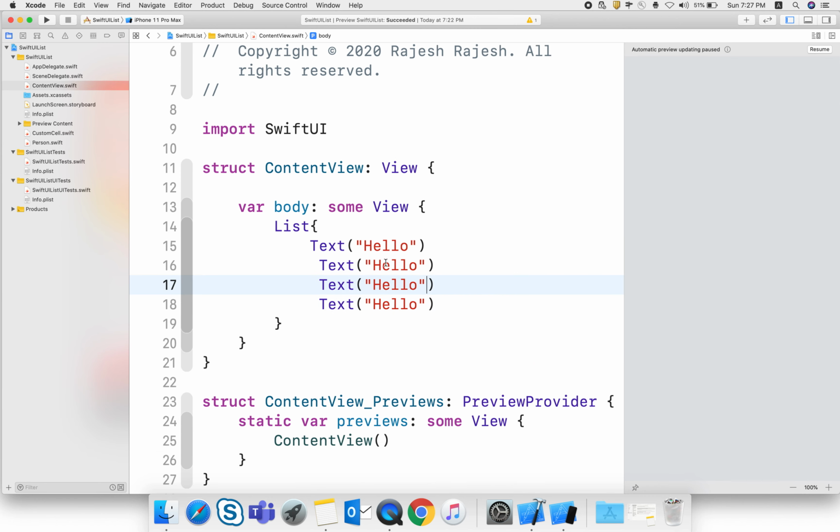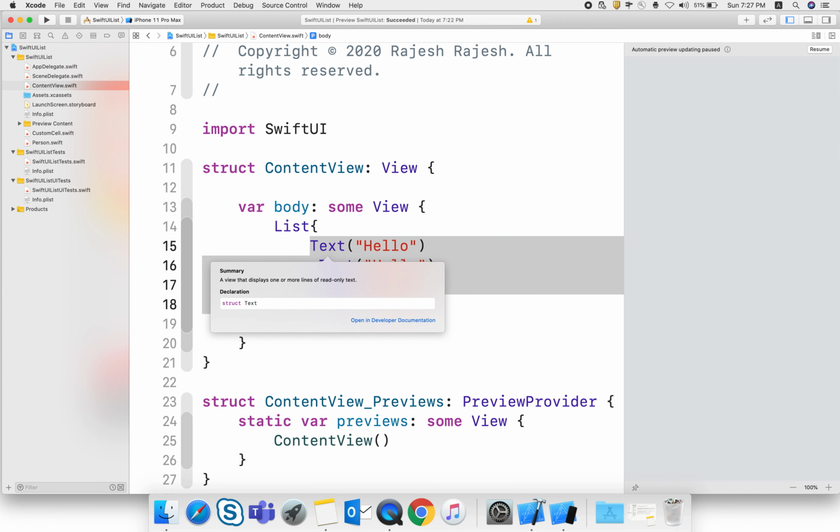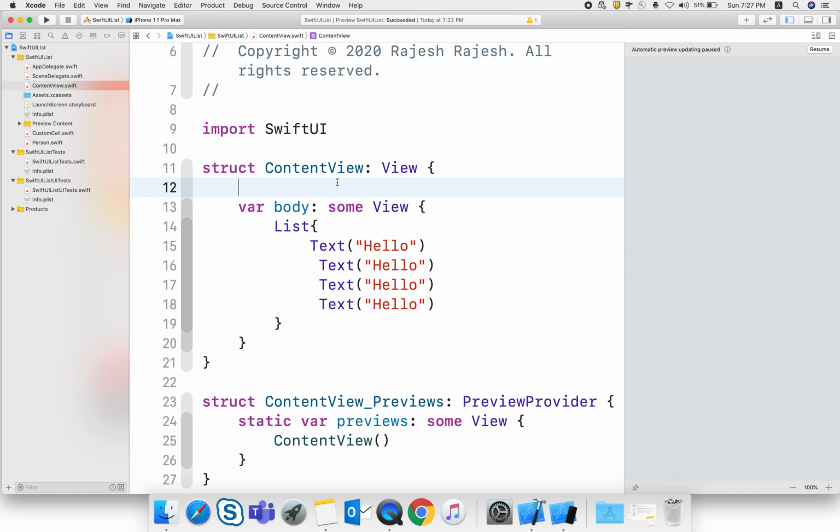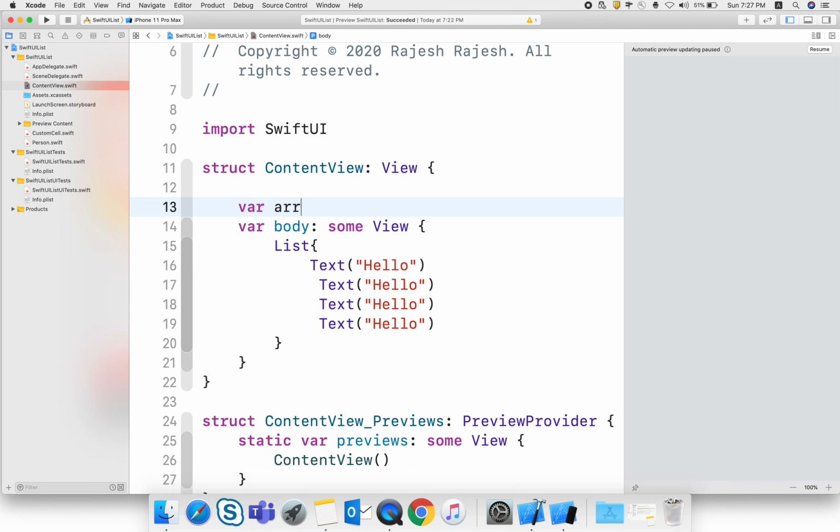And now look at here. To populate the list, we need data.